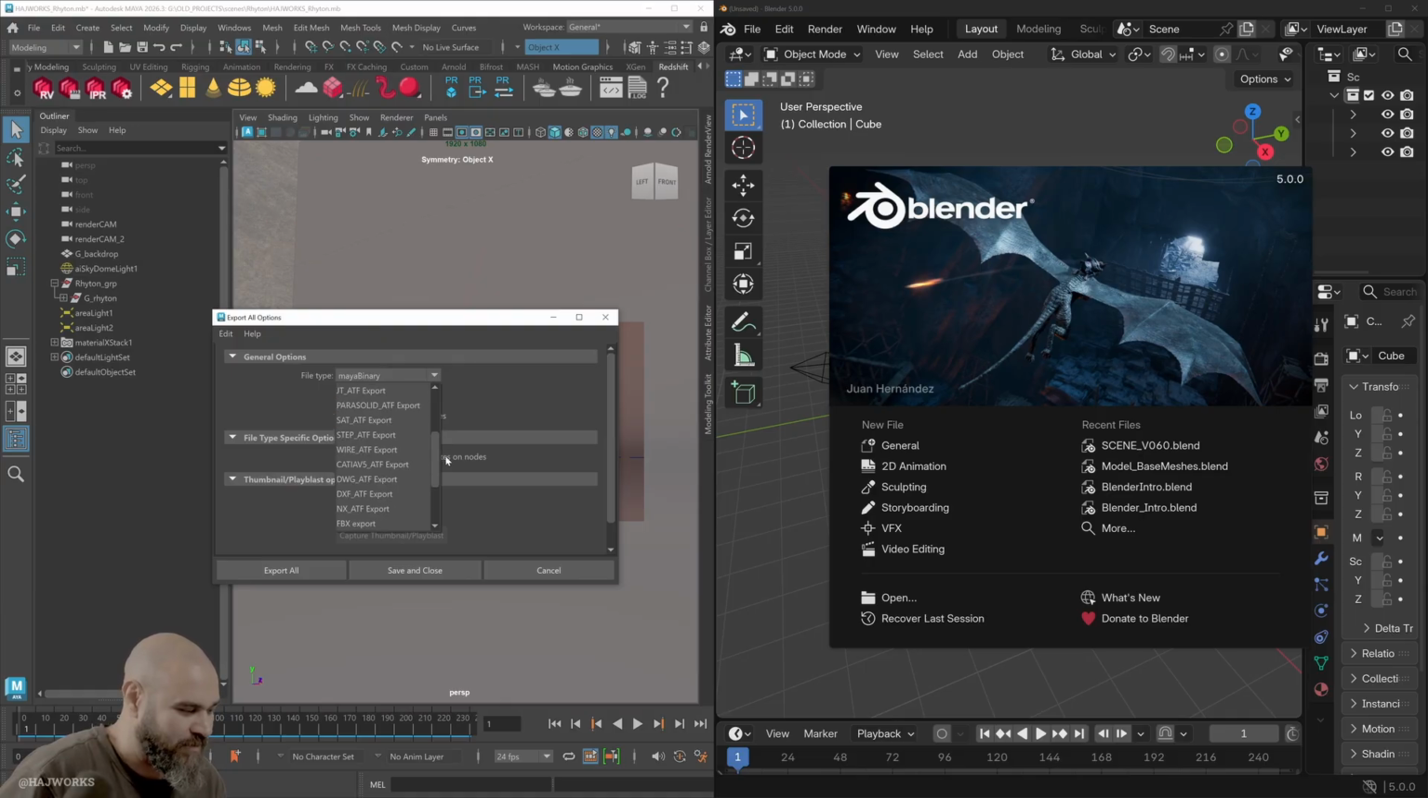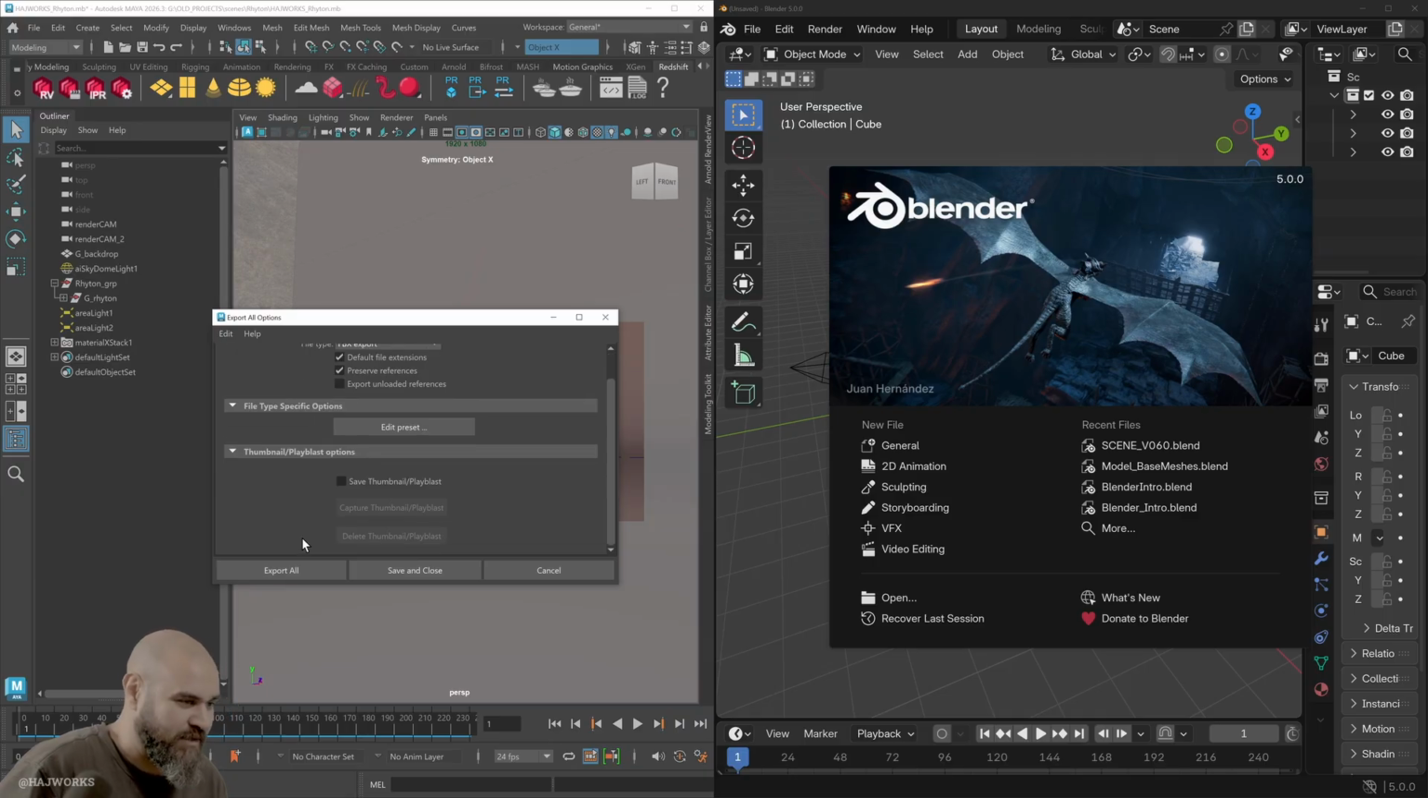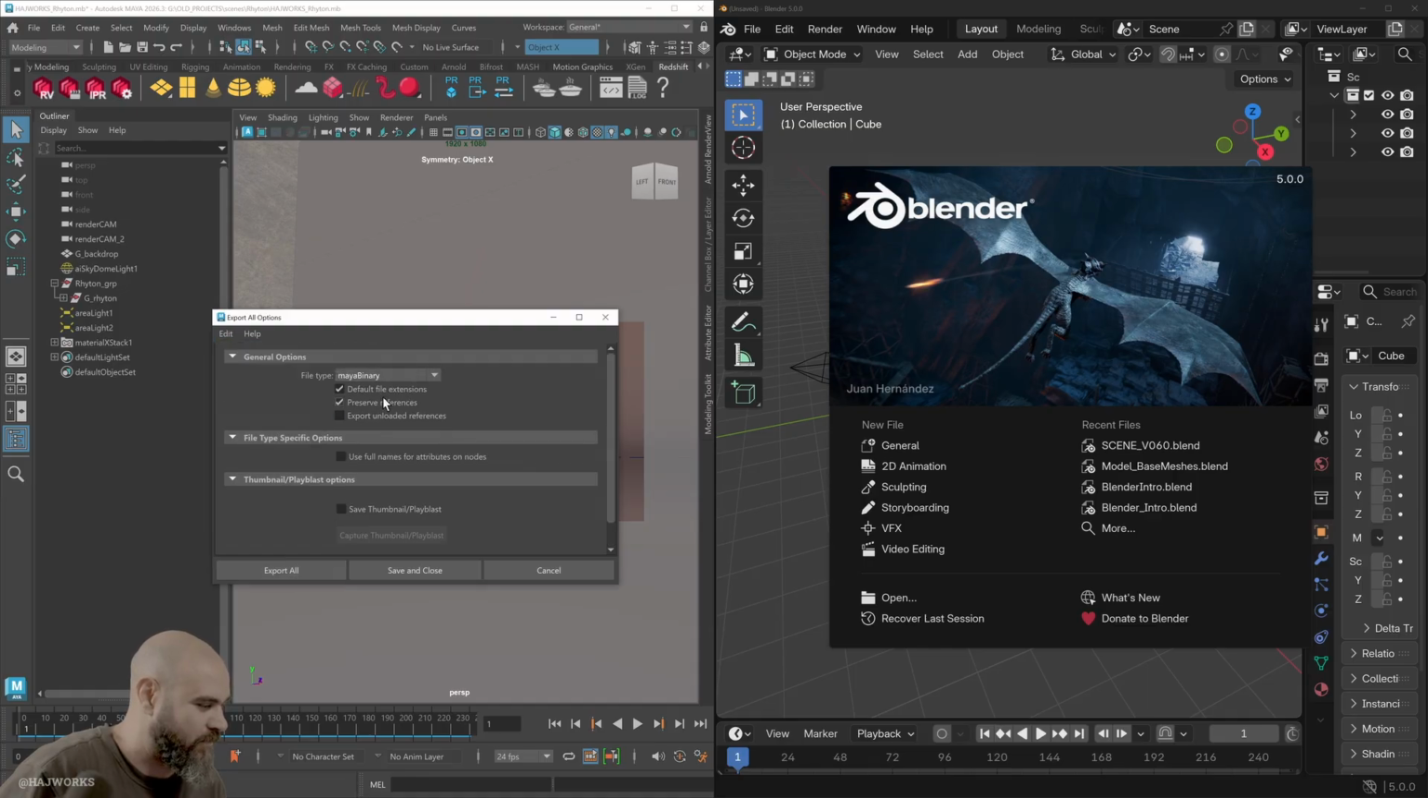FBX is pretty much industry standard. It works for exporting rigs, geometry, animation, and I use it quite often. It also has great interoperability with Unreal Engine. So sometimes I export OBJs, GLTFs. There's a new format called USD, but for these purposes, just to get something working in Blender, I'm just going to use the defaults, reset settings,